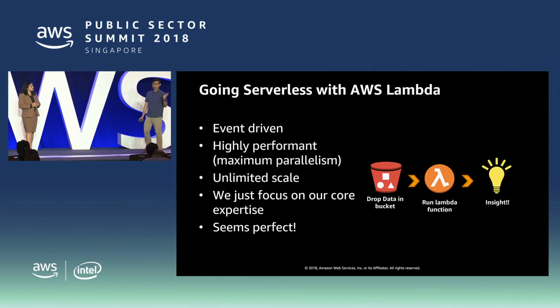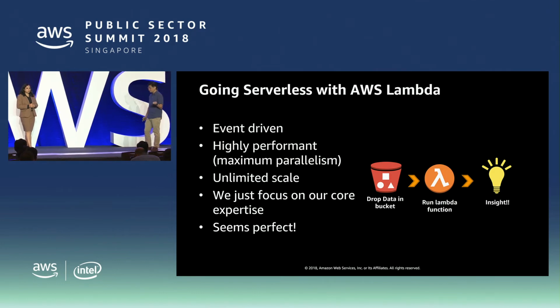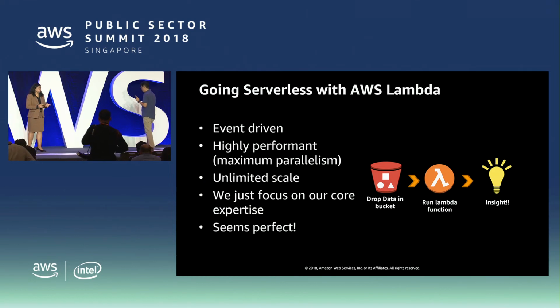That's it, done. Imagine, it's great because it's event-driven. It's highly performant because it can scale, it just exploits the native inherent data parallelism that our samples have. So in our context, it's essentially unlimited in terms of scale. And no IT, because you drop a file in a bucket, run functions, done. So that was great. It almost seems perfect. Almost. Yes. Almost. But before that, maybe you can tell us a little bit more about Lambda.